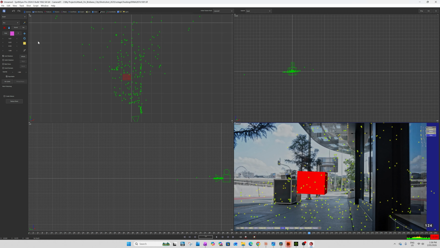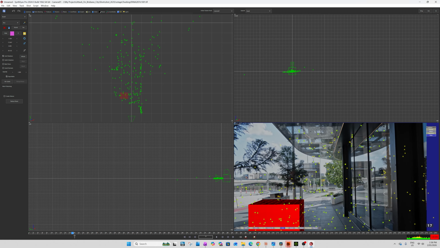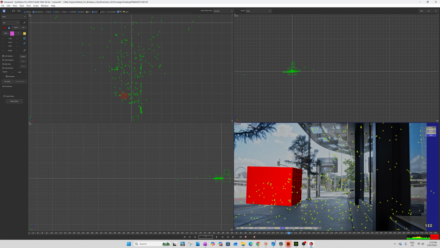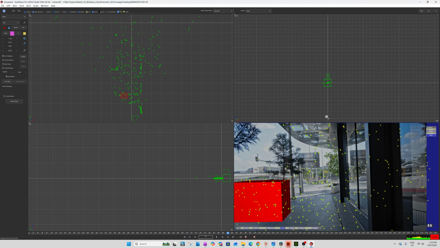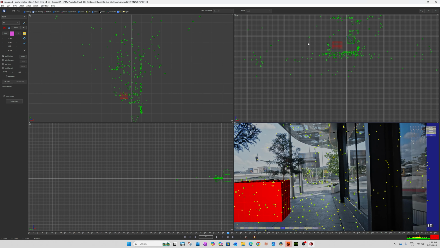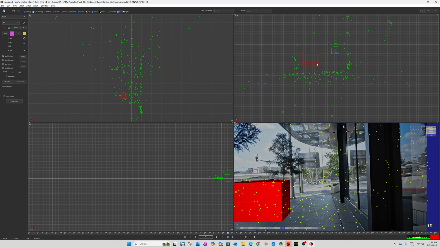I put one over the bin so I knew where the bin was. On the windows because I needed reflections. You can see how that's way off. That is because who knows where in space it is. Yeah. This is where you start having to go ahead and align everything.